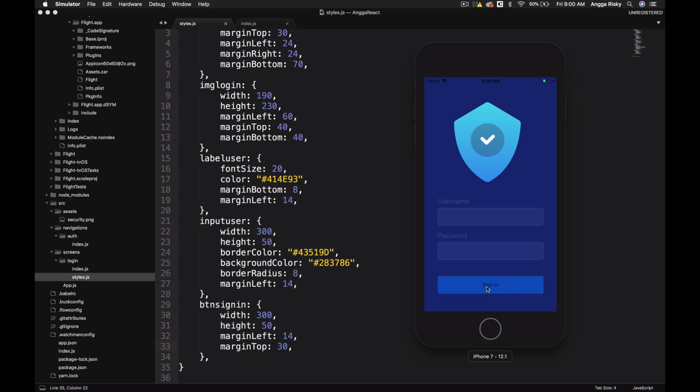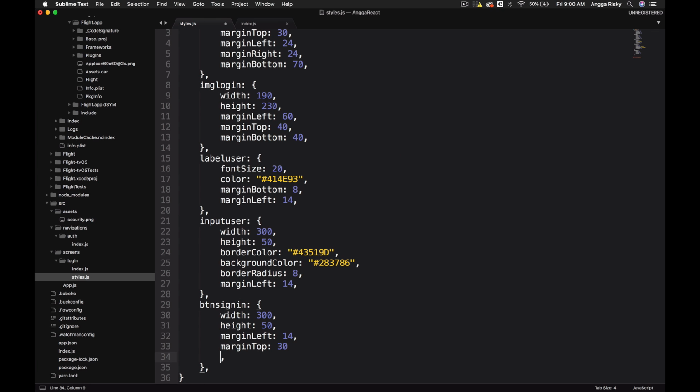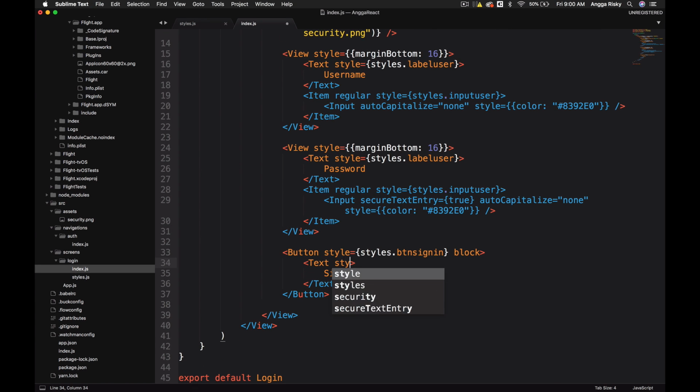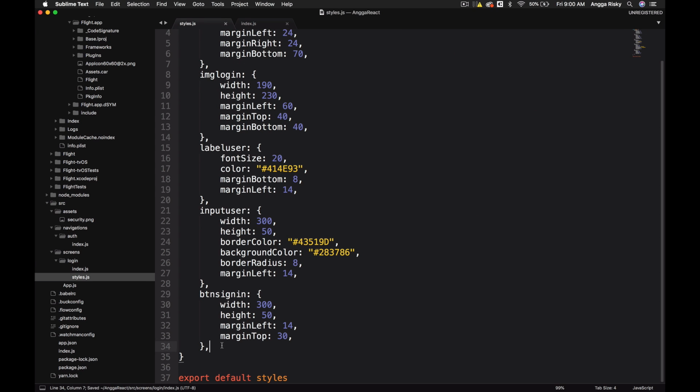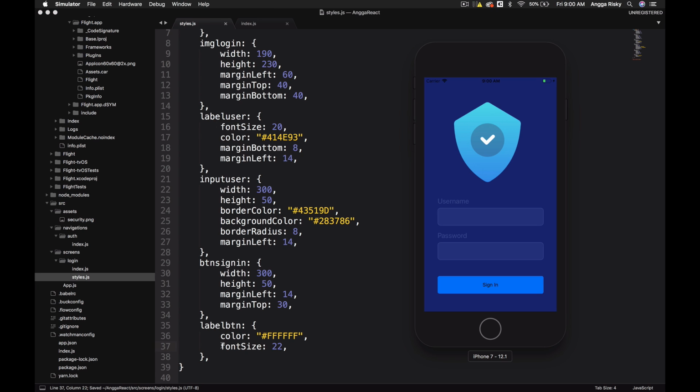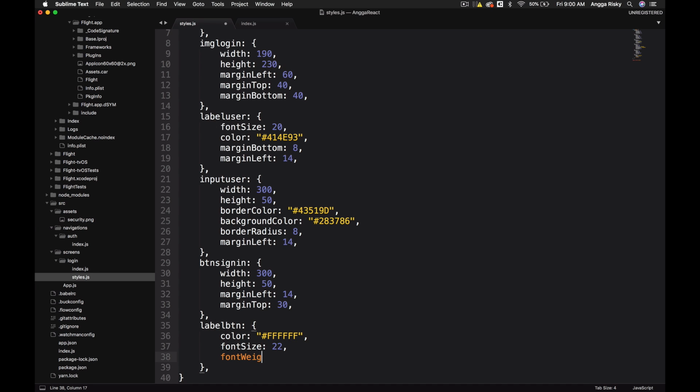Okay, so this is the sign in, right? And I want to give style for our text here, which is label. So this is styles, we give styles and then label button. Okay, and then we just provide here label button just like this, and the color supposed to be FFF, right? And the font size supposed to be 22. Wow, amazing. And I want to give font weight, we want to make it bold, and the font size we